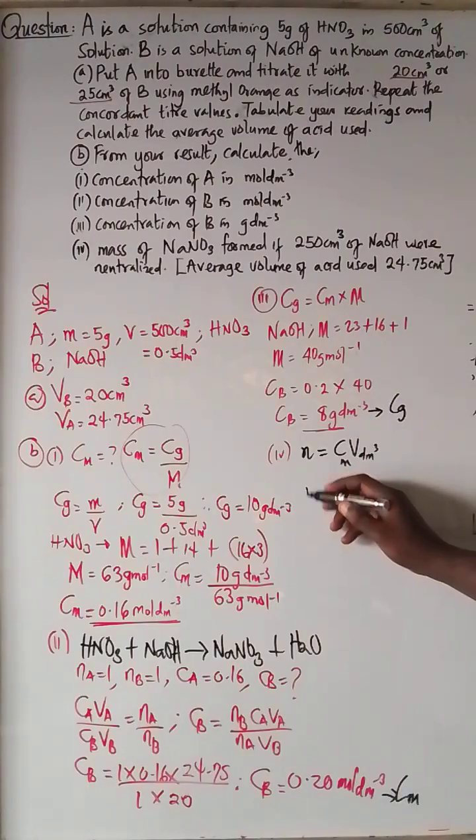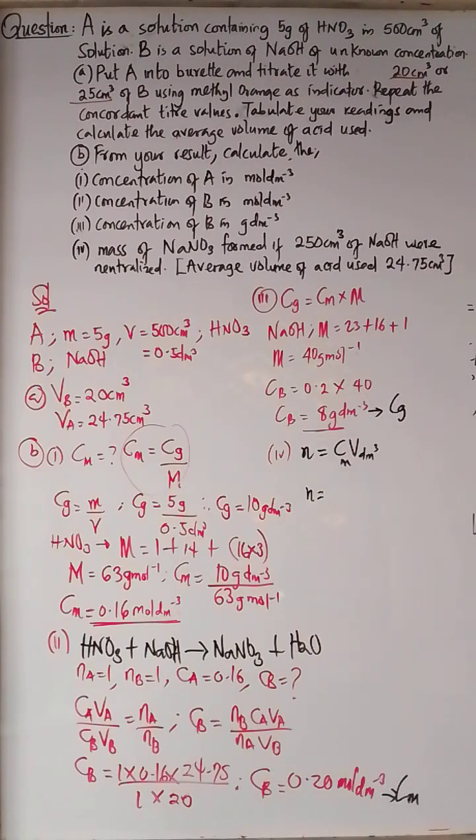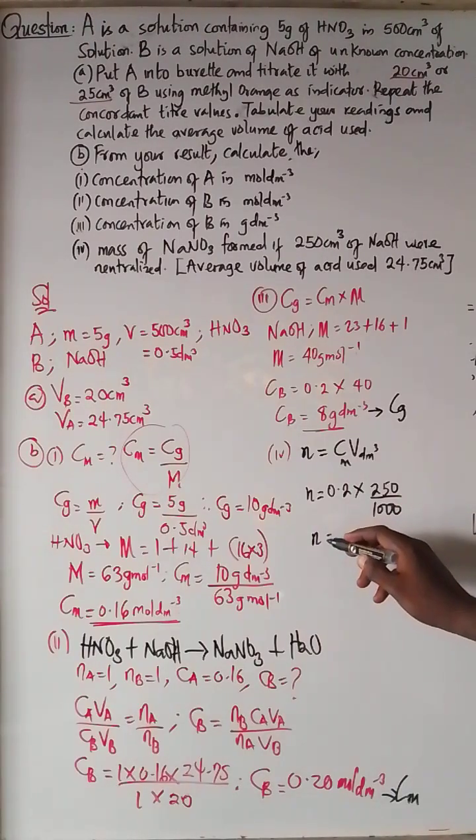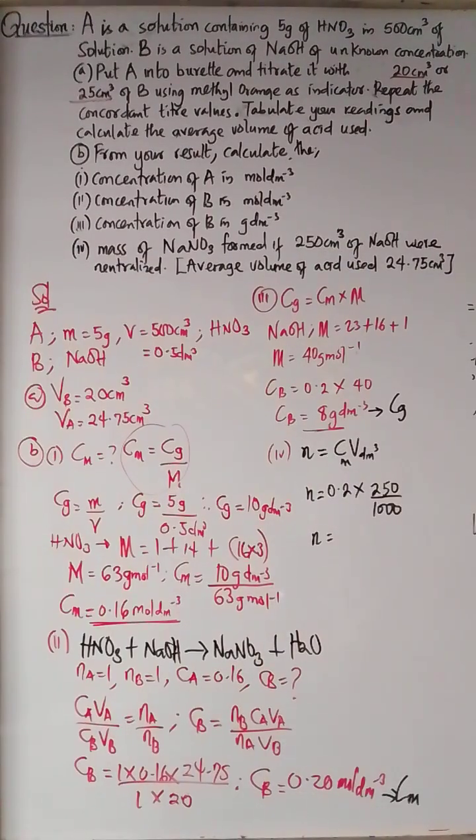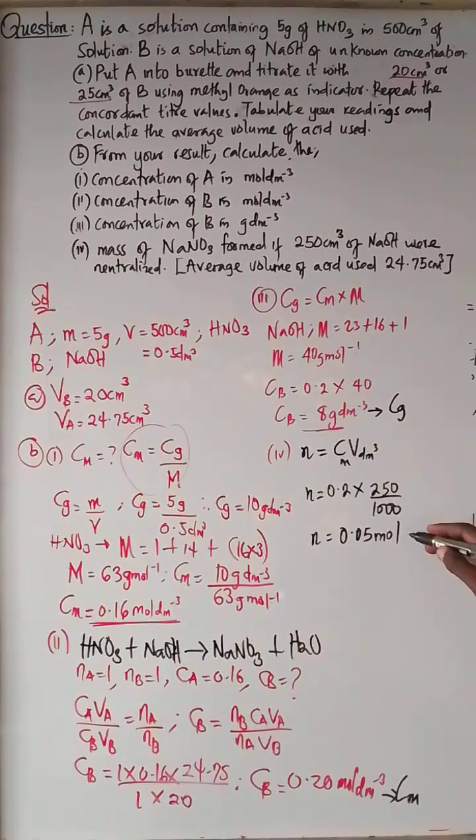So let's put number of mole here. Number of mole of NaOH in this case equals its concentration in what? Mole per dm cube. But do we know it? Yes, we know it. What was it? 0.2. Over its volume. Do you know its volume? Yes, we are doing this one, 250. But it must be in dm cube. So when we have 250, we must divide by 1000 so that it will be in dm cube. So in this case, number of mole of NaOH when the volume is 250 is going to be 0.05 mole of